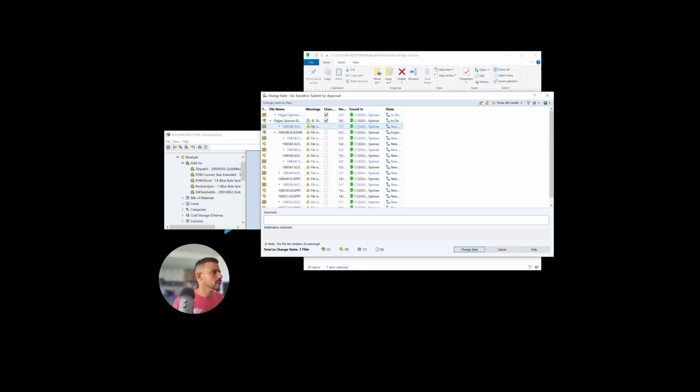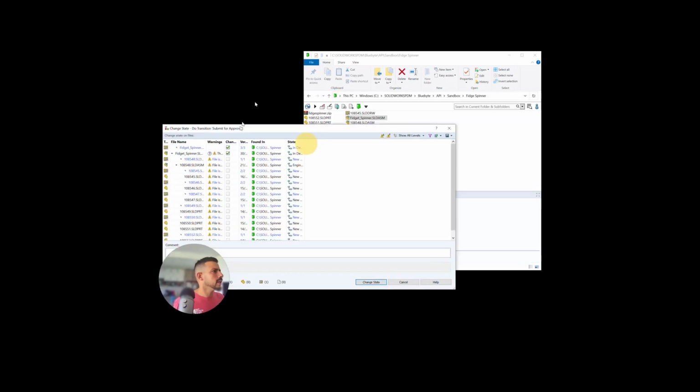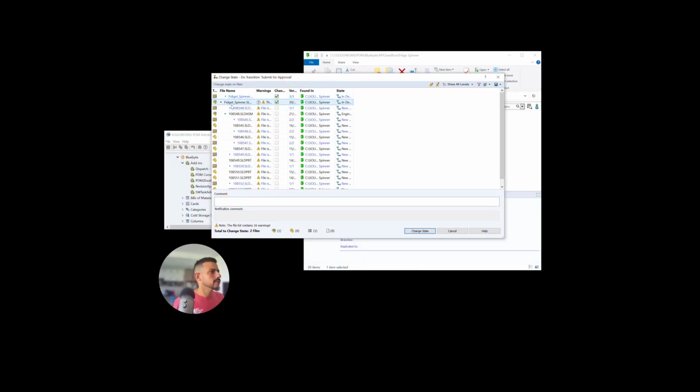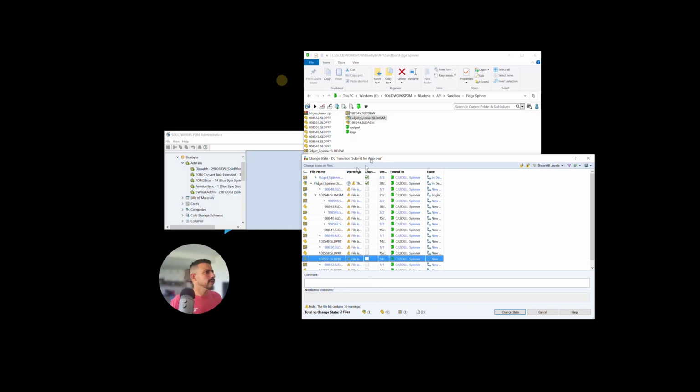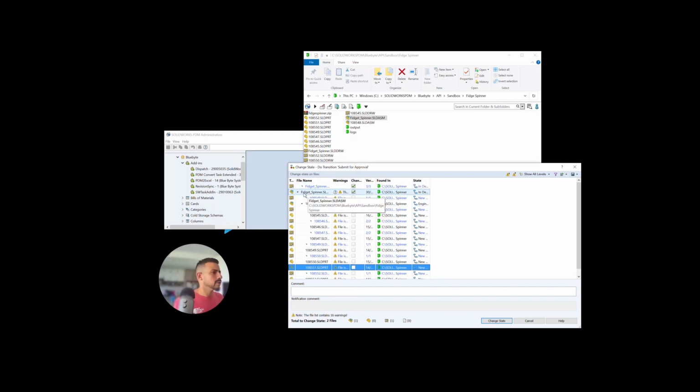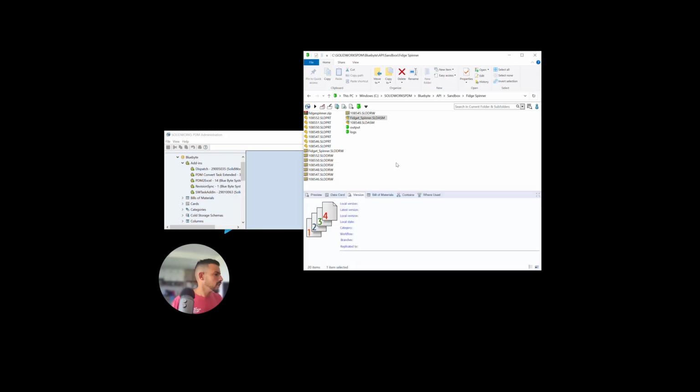I'm only concerned here with the assembly itself and the drawing. If I were to select a bunch of other files as well to transition, then that verification of part or assembly and their drawing will happen on each element that's transitioned. So in our case here, the file that will be verified for revision mismatch will be the fidget spinner assembly. So I'm just going to click on change state,